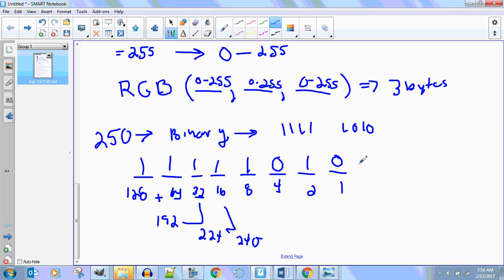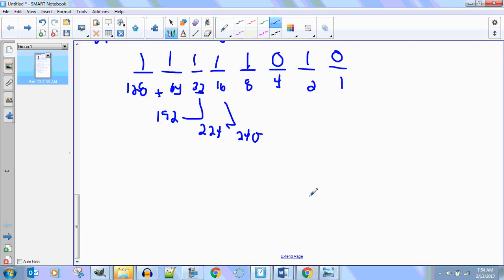Let's do another one. Give me another number. Let's go in the 100s now, somewhere between 100 and 200. And 180, we did an even one. Let's do an odd one. 183. Okay, let's do 183. So what is 183 in binary? 1, 2, 3, 4, 5, 6, 7, 8. This is exactly how I do it every time. Are you with me? What number is this?